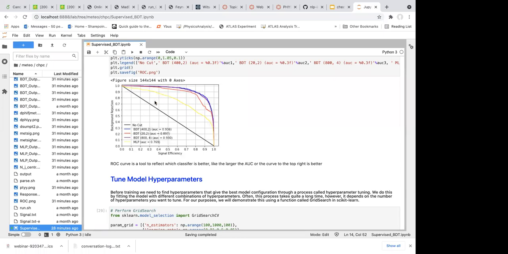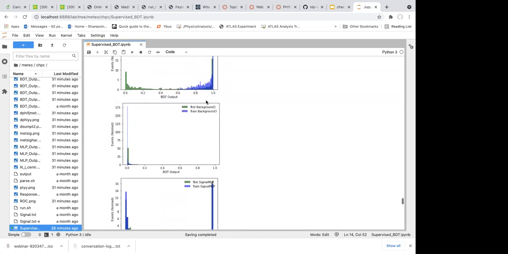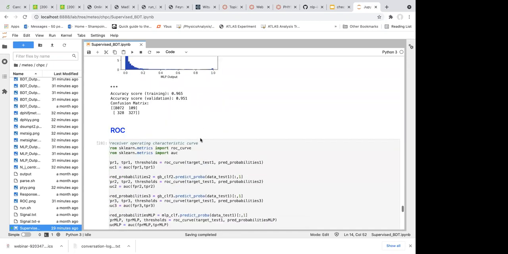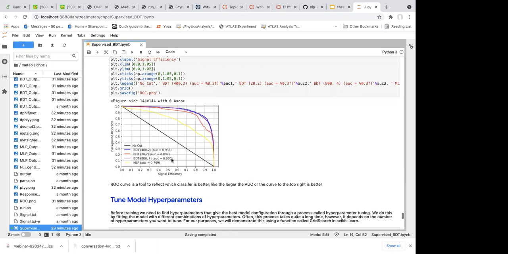So with the help of this ROC curve, we can draw one conclusion: the first method and the third method have almost identical performance in discriminating the signal and the background. But the third method performs badly in terms of overtraining. So obviously we should choose the first method rather than the third, because we avoid overtraining but reach the same discriminant power, right? So this is just using the ROC curve to help you choose between different methods and different sets of hyperparameters. Okay.